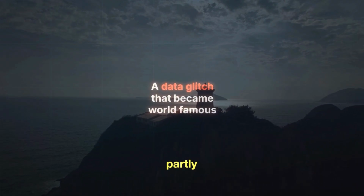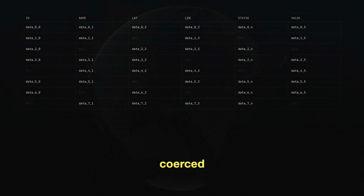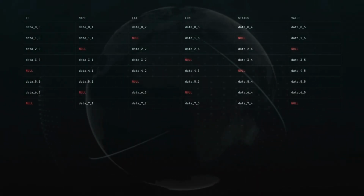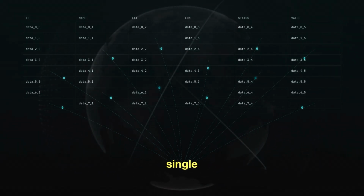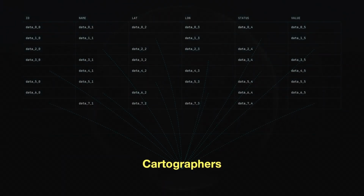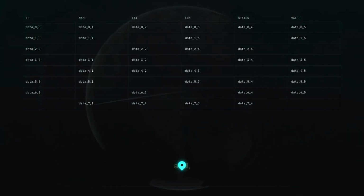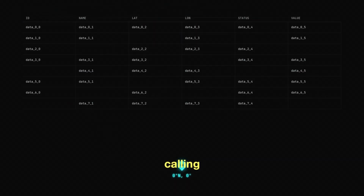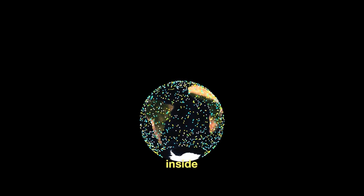The origin of Null Island is partly technical and partly cultural. In many databases, missing or null values can be coerced into numeric 0. When that happens, those empty or malformed records collapse onto the single coordinate 0, 0. Cartographers and GIS engineers began to notice the effect and, with a bit of humor, started calling that point Null Island. Over time, mapping datasets like Natural Earth added a marker for the location, turning an inside joke into a